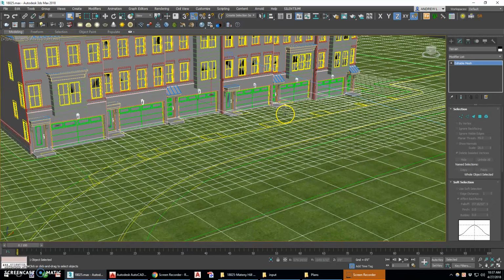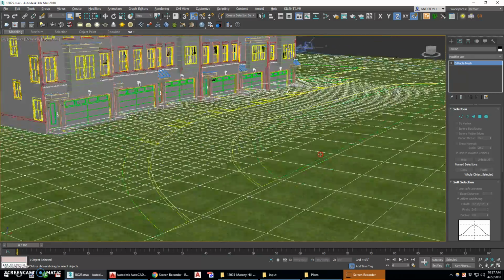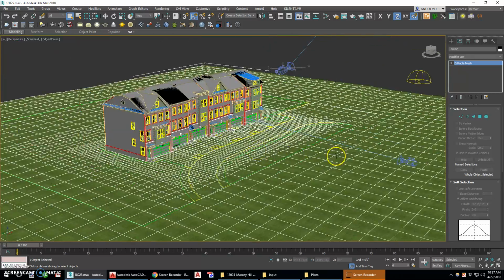Okay, so last time we started to create the sidewalks, the grass, the road, the driveways. I went ahead and erased that just so I could do it in one video here. So we've got our terrain object as good as I think we need it for now. I'm going to go ahead and